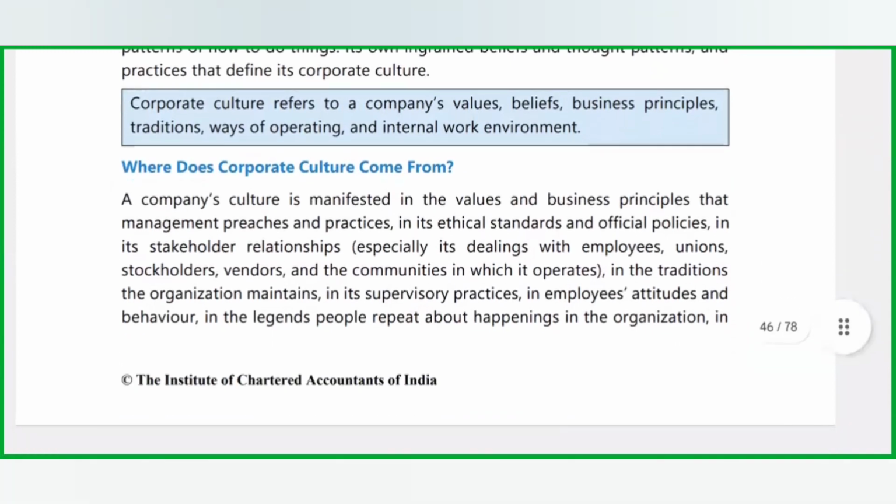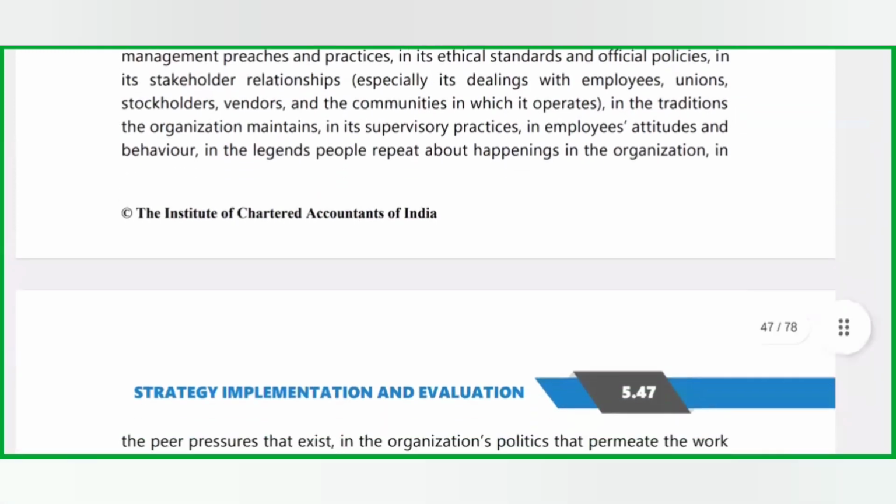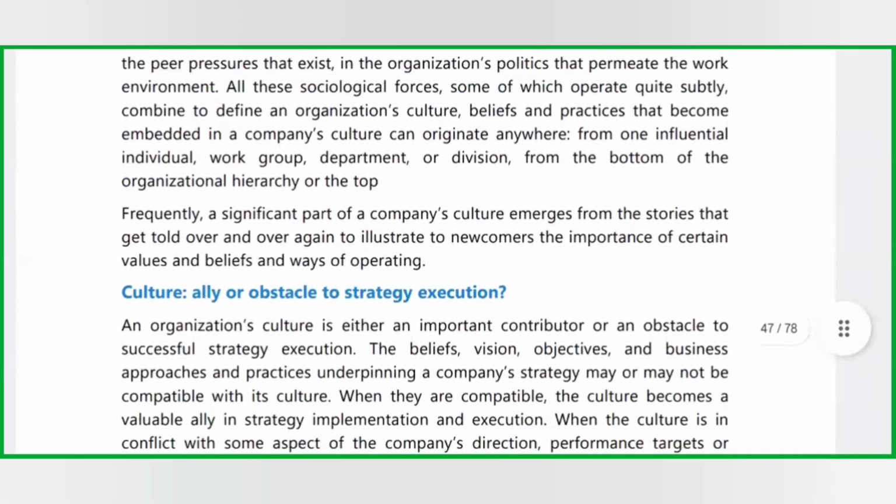This corporate culture comes from the values and business principles that the management preaches and practices, that is its ethical standards and official policies, especially with its employees, unions, stockholders, vendors, and the community in which it is operating. So this is basically a management rhythm. Whatever management is focusing on, the values, the honesty, or developing a community which is more